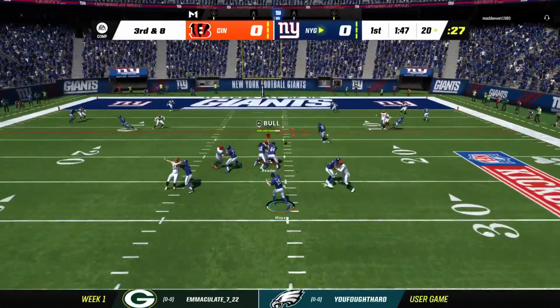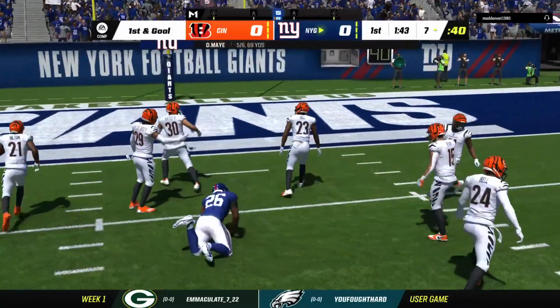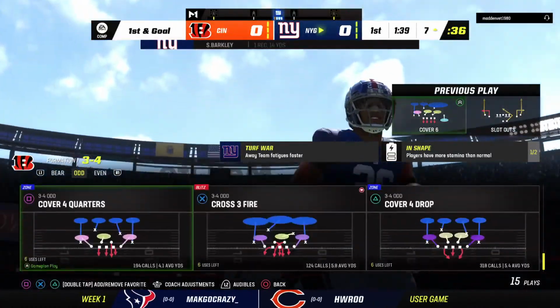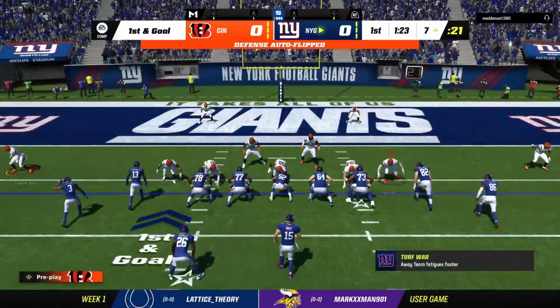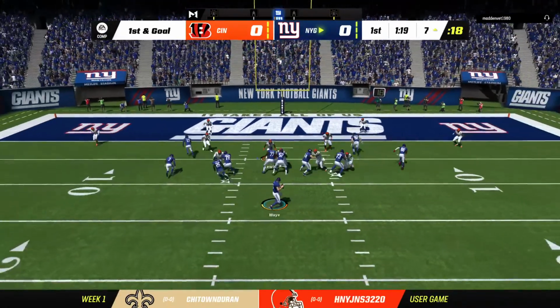They'll look to throw here. They'll get this out to Barkley, complete. And the Giants are going to have 1st and goal as they try to finish off this drive with 6 points. That's a big conversion there on 3rd down. And this has been a great opening drive. You know, at this point, they'd hate to settle for 3, but they've created a fresh set of downs